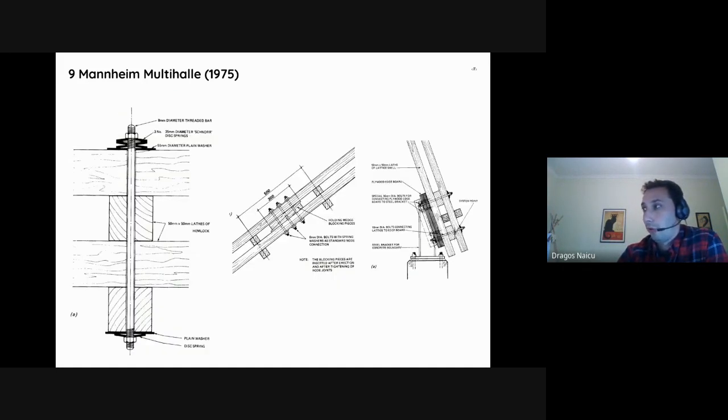I'm going to show some nice details. So this was a very interesting project. I think it was very courageous, very bold at the time, and there was a lot of innovation that had to happen on all levels. But at the same time, it's quite simple in a way, because if you look at the carpentry details,